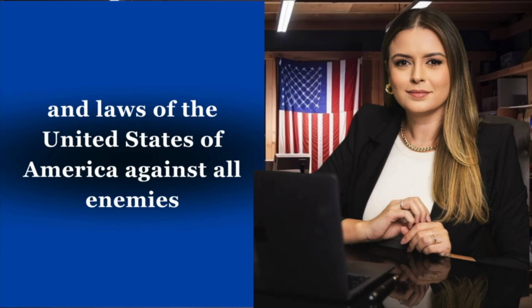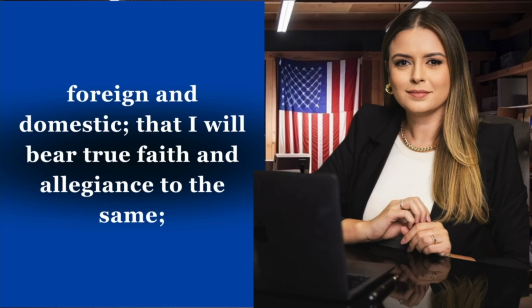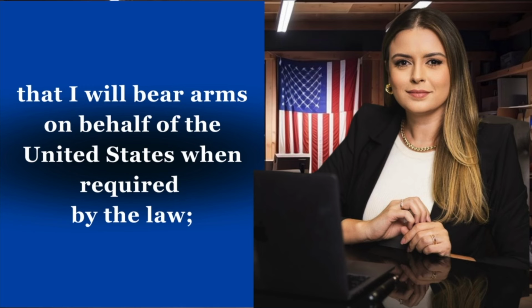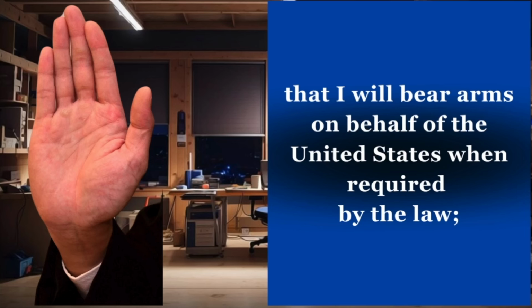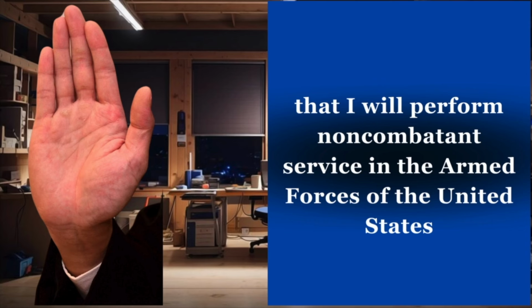and laws of the United States of America against all enemies, foreign and domestic, that I will bear true faith and allegiance to the same, that I will bear arms on behalf of the United States when required by the law, that I will perform non-combatant service in the armed forces of the United States,